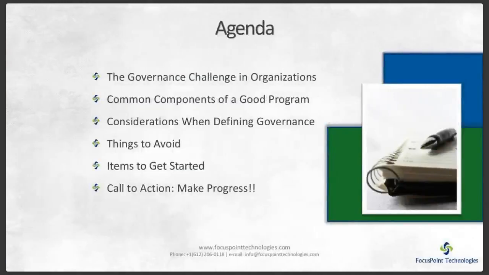The agenda for today is really to start off with the challenges that are faced by organizations related to the overall establishment of interaction, prioritization, and decision-making when it comes to privacy and security program. Notice I didn't actually say the word. I'll talk through the common components that should be included, like the rules of engagement. As you define your rules of engagement, I'll give you some things to consider both for yourself, your team, and your company's leadership and the organization as a whole. Of course, what you need to steer clear of, learn from those that have gone before you, and then let's talk about getting started, some practical steps to get you moving forward quickly.